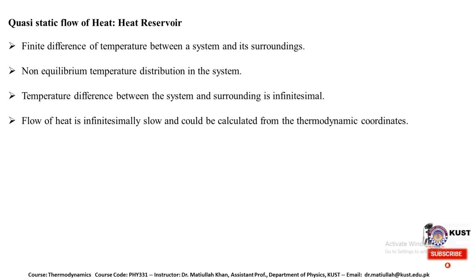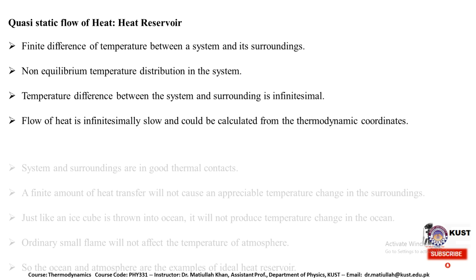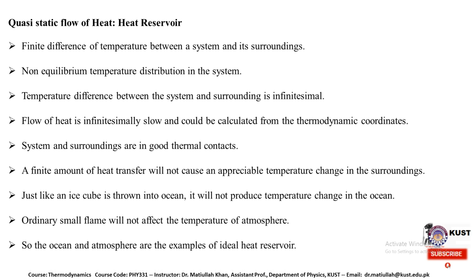So if we consider some finite difference of temperature between a system and its surroundings, what happens? A non-equilibrium temperature distribution in the system will occur because there is a difference between the system and surroundings, and that will lead to heat flow between the two objects. The temperature difference between the system and surroundings is small, so there will be very slow heat transfer between the objects. So the flow of heat is infinitesimally slow and could be calculated from thermodynamic coordinates. So what happens? Say a finite amount of heat transfer, both the objects are in thermal contact with each